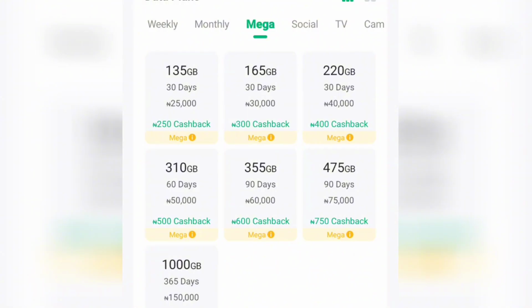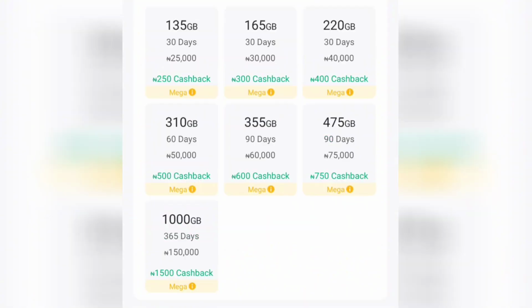So the first option that's available here, with 25,000 I can get 235 gigabytes of data. This data will last for 30 days. The second option, with 30,000 I can get 165 gigabytes of data. The third option, with 40,000 I can get 220 gigabytes of data. If you come to this second section, with 50,000 I can get